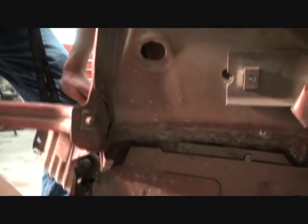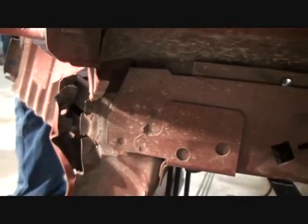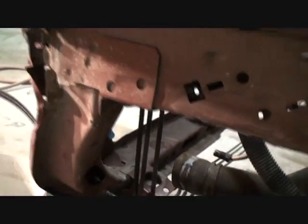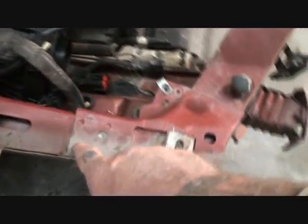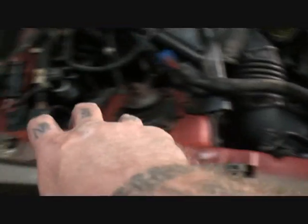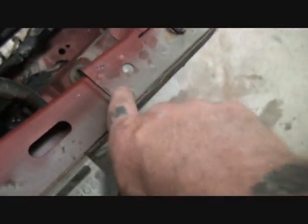And even inside here, you can see that there are spot welds designed to hold everything together, even behind the core support. So we've got to take all those spot welds off. And then when we come over to this area right here, we're going to be very careful in removing this, because we don't want to damage our top inner fender structure on this area here. All we want to do is remove the core support itself and leave all this frame structure intact. Alright,